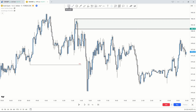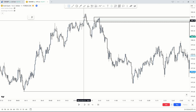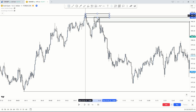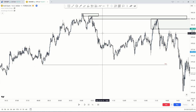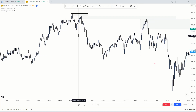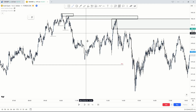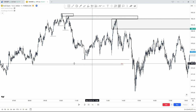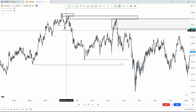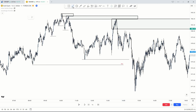So I also noticed this supply zone was mitigating a supply zone over here, right? And I noticed that that supply zone, if I just come back here, was mitigating a supply zone back here as well. So there was a clear sort of bearish order flow starting, right? Because we can see the breaker structures here on the lower time frame, and we're breaking previous structures here as well. And then price ends up breaking this structure here, and we end up breaking this previous structure as well. So we mitigate this supply zone, we mitigate this supply zone with this move,